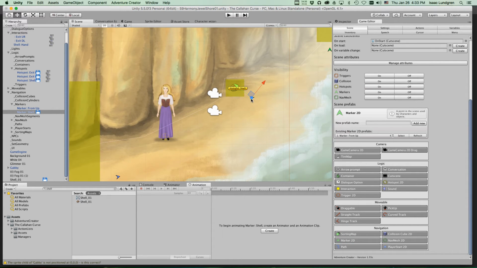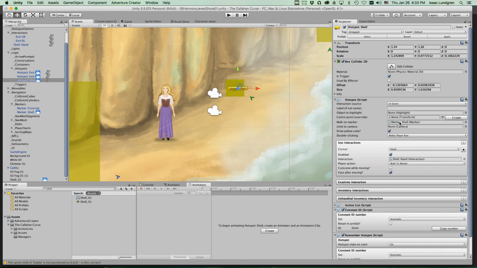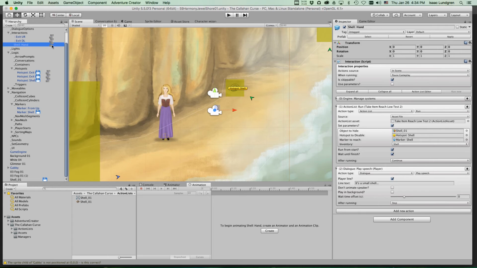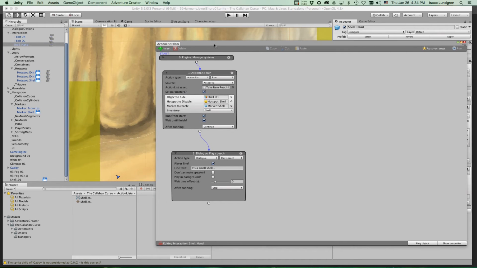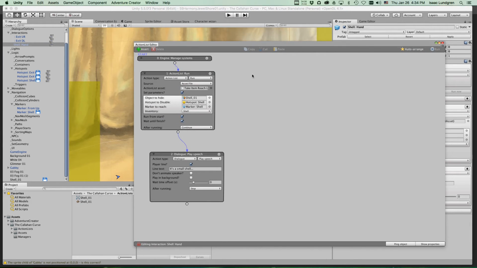Position the marker. You can assign the marker here. Drag it over. Then choose your cursor. When you create your action file and open your interaction, you choose action list, run, asset file,